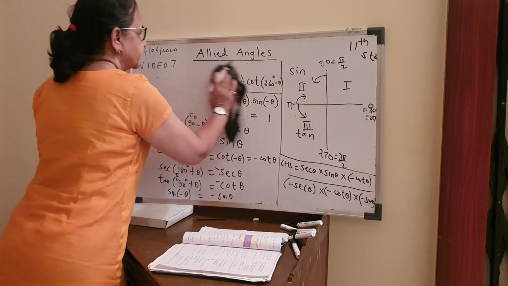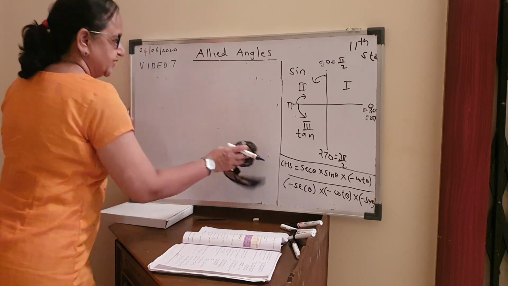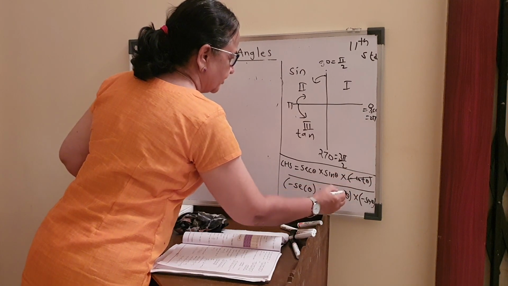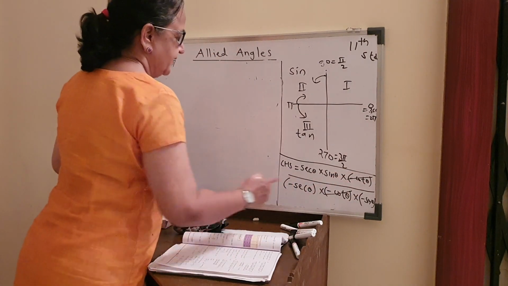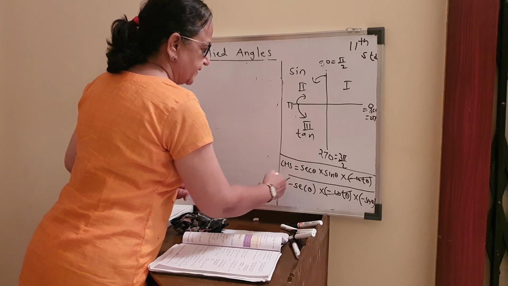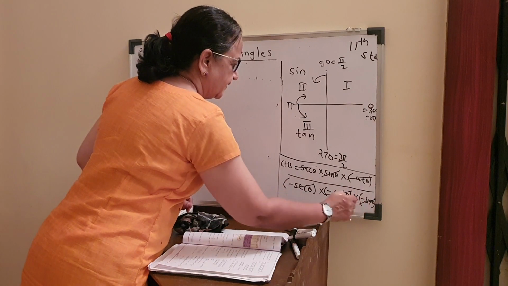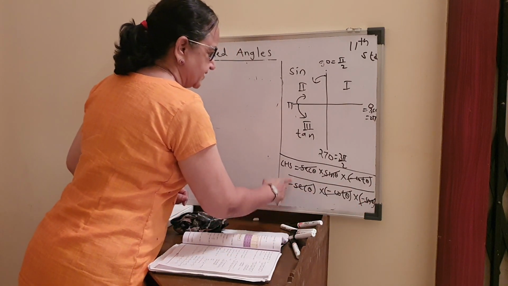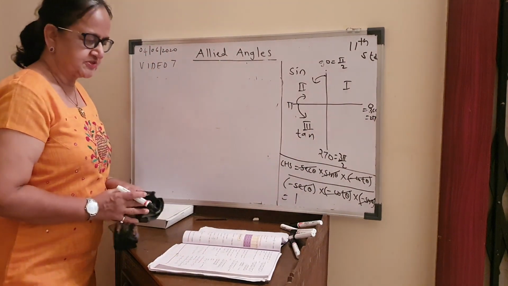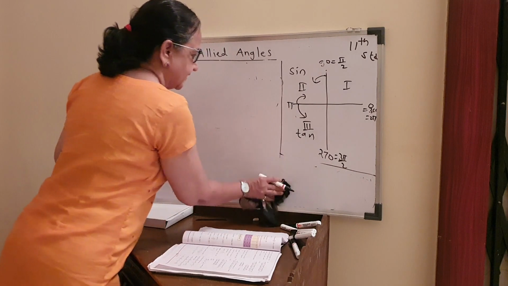Now check what's happening. Can you see the calculations? Minus cot theta, minus cot theta. So this full term got cancelled. Down, minus into minus, product became plus. Sec theta gone with sec theta. Sine theta gone with sine theta. Minus into minus, plus; all up also plus. So the final answer we got is 1, which is equal to RHS. We wanted to get 1, that we got as RHS.